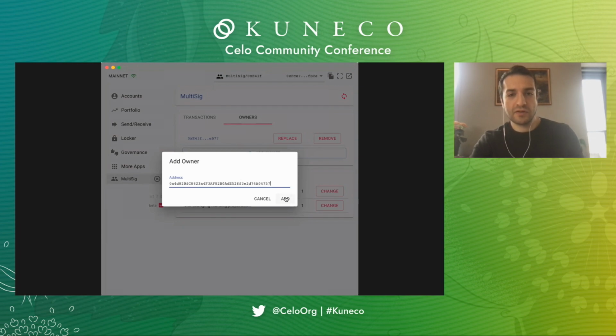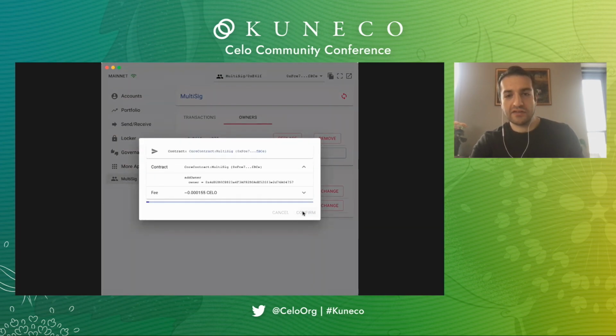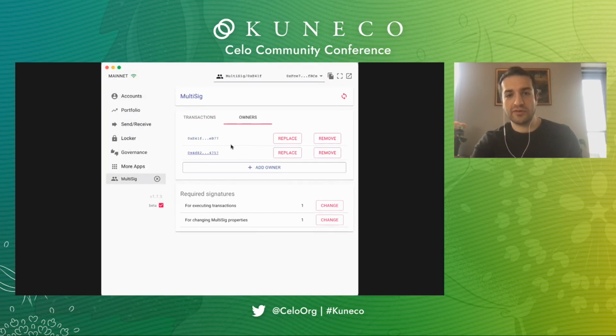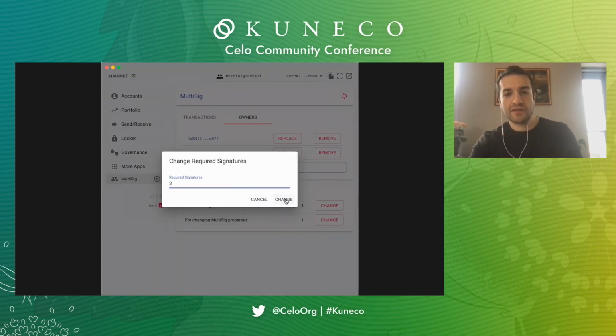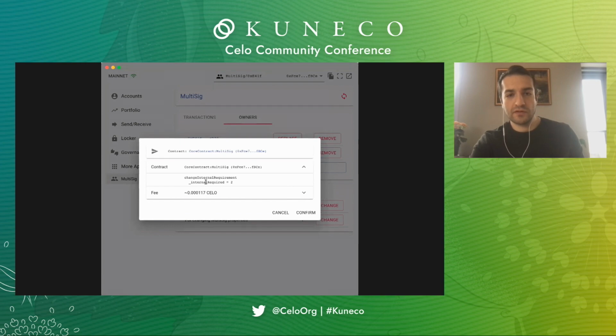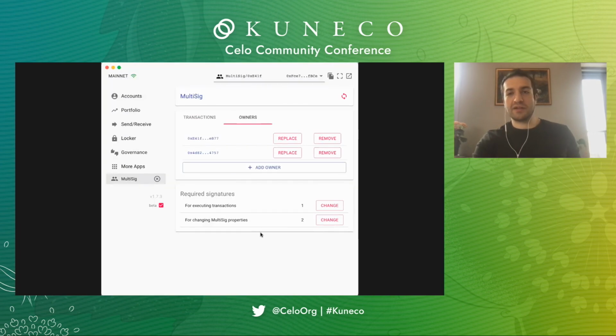There we go. And because right now multi-sig is just signed by one person, it just acts like a regular account. And I'm able to just create this. Now there are 2 owners in here. And I'm going to make a change to require now 2 signatures to make further changes. So this change, as you can see here, the transaction is parsed to, boom. Now all future changes of this multi-sig will actually require 2 signatures.